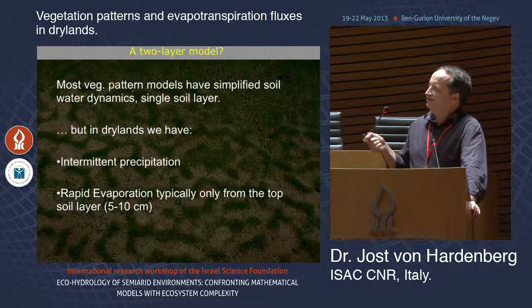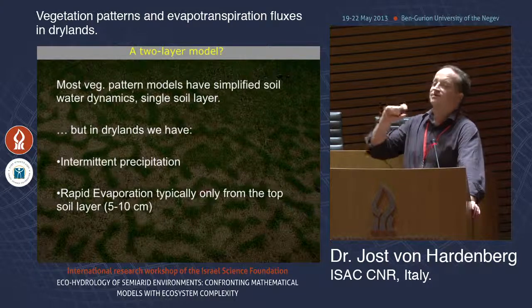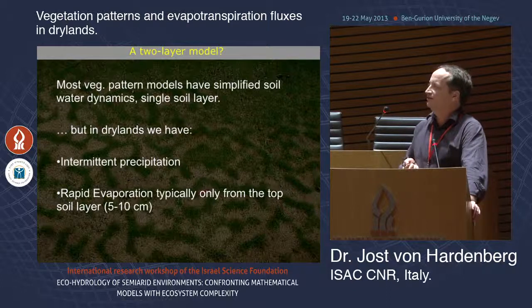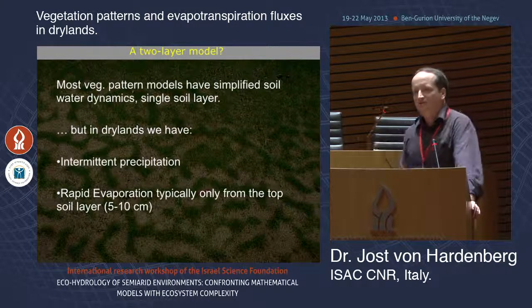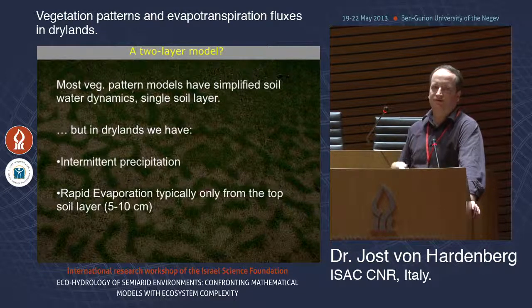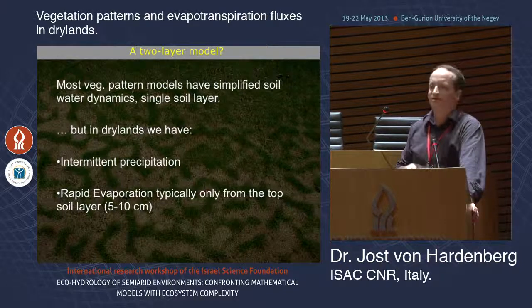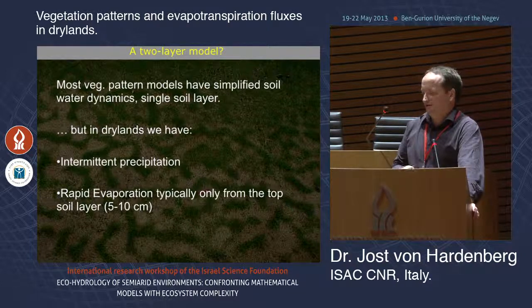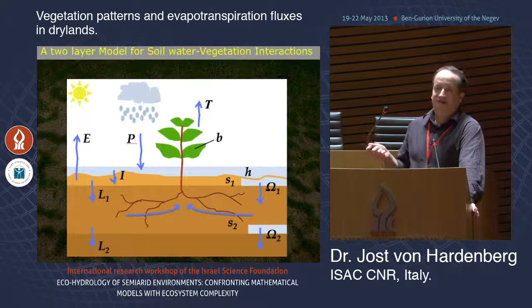Then we have to take into account the fact that evaporation can be quite rapid from a thin top soil layer. This is another aspect which at least we have neglected up to now. But then it will not occur from the deepest soil layers. So a model like the Gillard et al. model, which I myself have been using for years, considers only one soil water level, and so it cannot, of course, capture this specific effect.